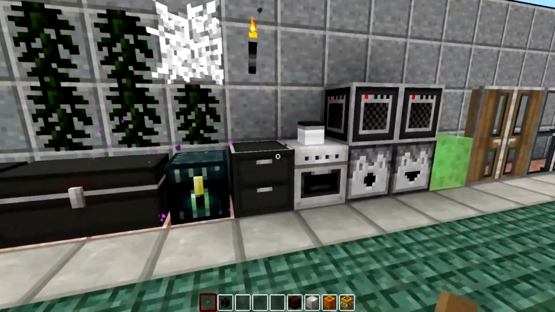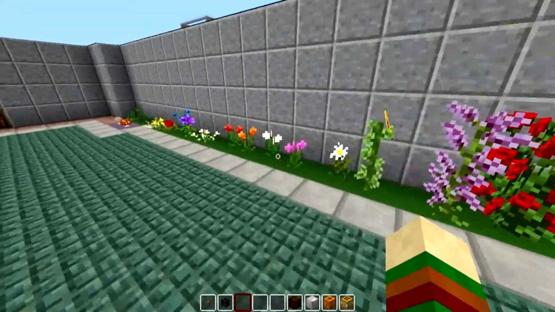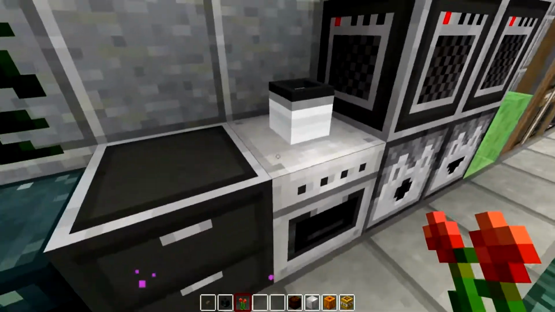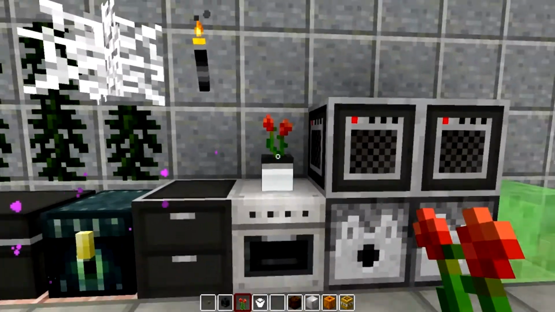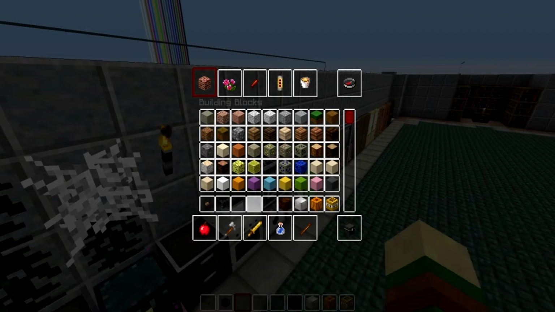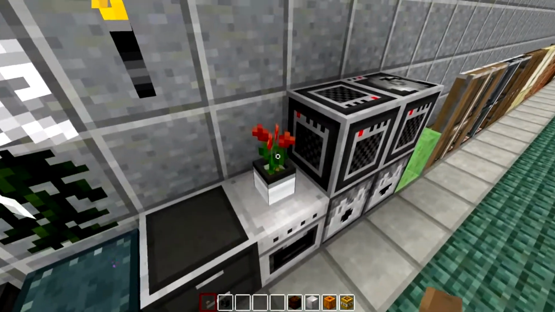Alright, anyway, moving on, here we have the flower pot, and let me go ahead and grab the red tulip, and we shall see. Very nice. That is what a flower looks like in the flower pot. We're gonna go ahead and leave that in there. Actually, I don't need to really take that out. Actually, I kind of do,